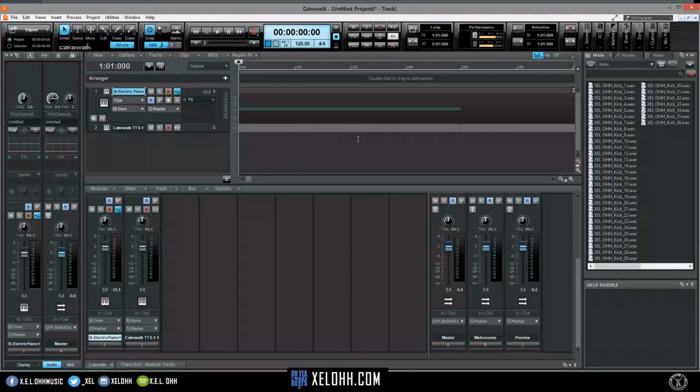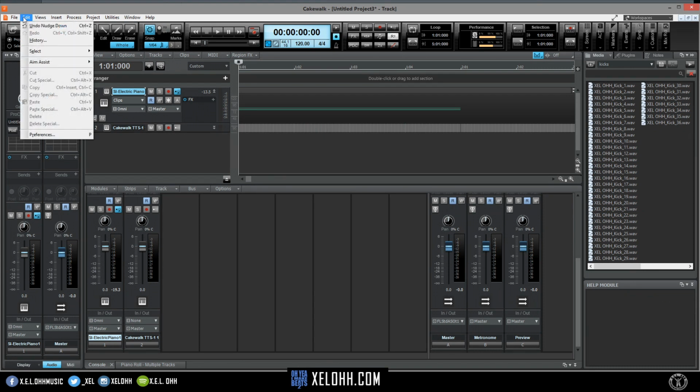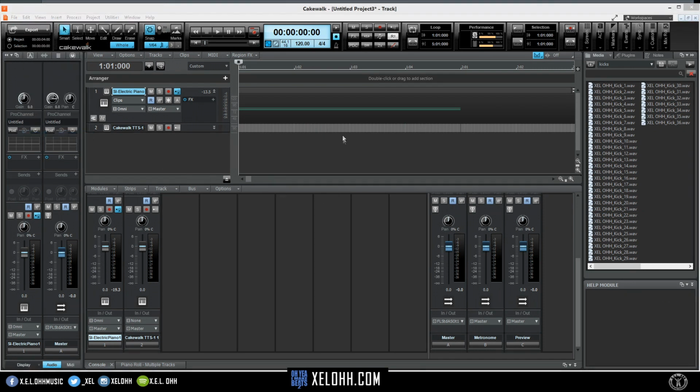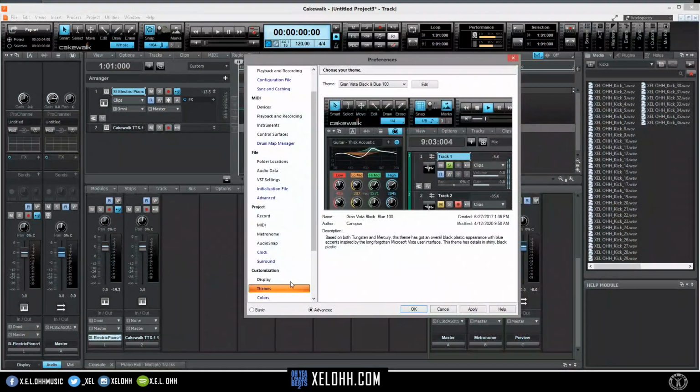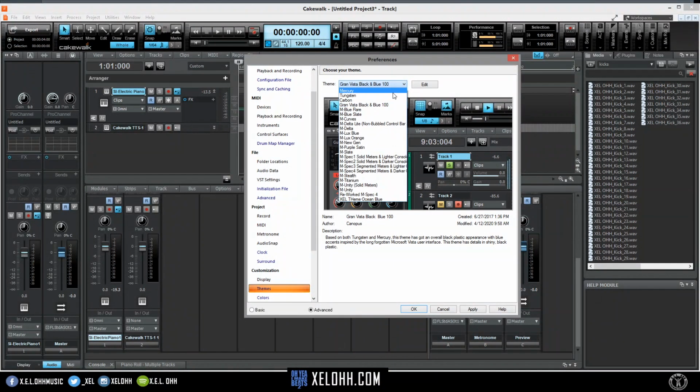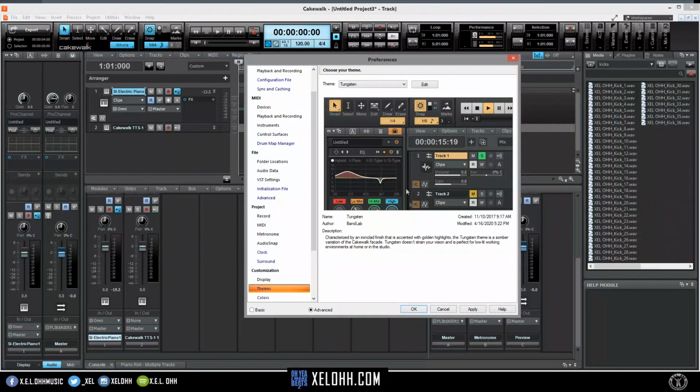As you see in Cakewalk, I'm actually on a custom theme that was made. You go to your preferences and you go to your themes. This is called the Grant Vista Black and Blue 100. It actually comes with Tuscan and Mercury, the two that it comes with. So this is how it would look